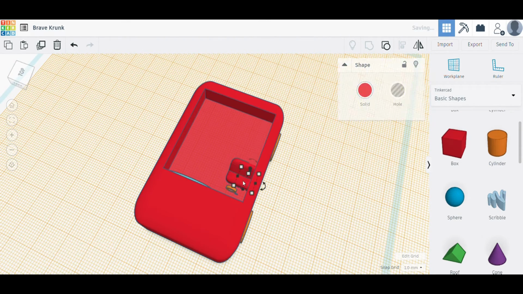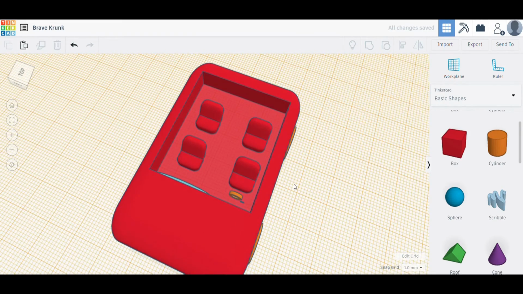Just move it inside the car, and now you can duplicate these seats and adjust accordingly. Now it's very simple to just copy and paste these seats wherever you like.